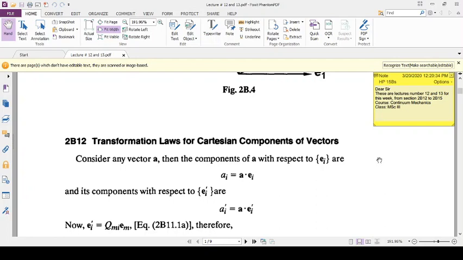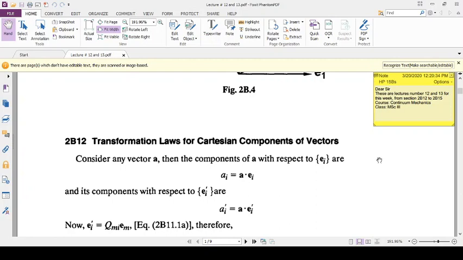ये जो मटेरियल मैंने आप लोगों को भेजा लेक्चर नंबर 12 एंड 13 का, इसको मैं अब एक्सप्लेन करूँगा। तो हमारा जो पहला सेक्शन है वो है ट्रांसफॉर्मेशन लॉज फॉर कार्टेशियन कंपोनेंट्स ऑफ वेक्टर्स। तो आई एम एक्सपेक्टिंग कि आप लोगों ने जो प्रीवियस लेक्चर्स थे वो पढ़े होंगे।